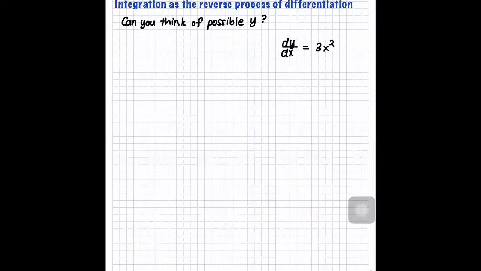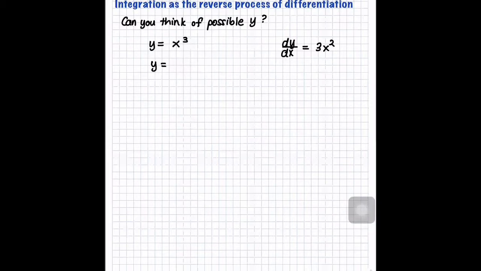Tell me the function that I have to differentiate in order to get 3x squared? x cubed. Thank you. Can I have another answer from Hansen? Saying that it is 1 over 3x cubed. Are we really getting 3x squared? Are you sure? If I try to differentiate this, the answer is x squared. So this is incorrect. Try again.